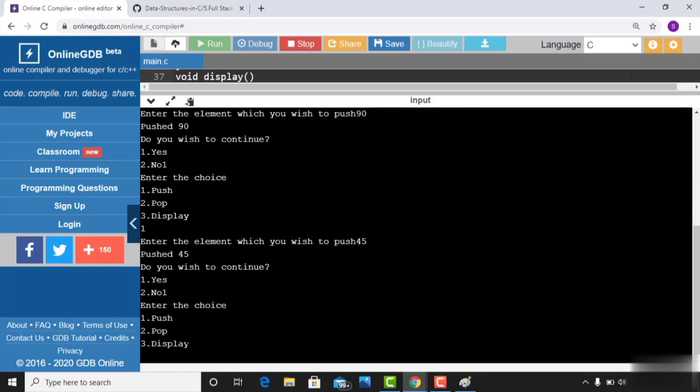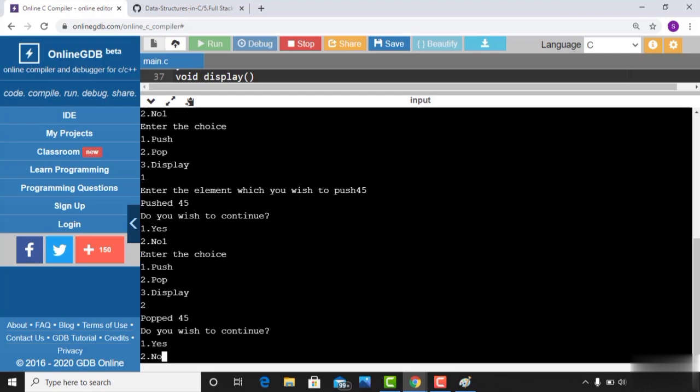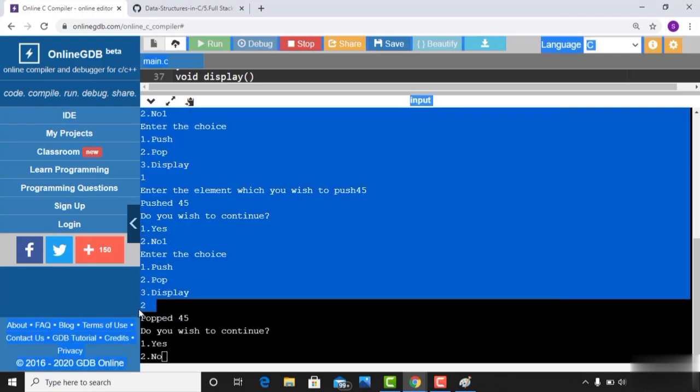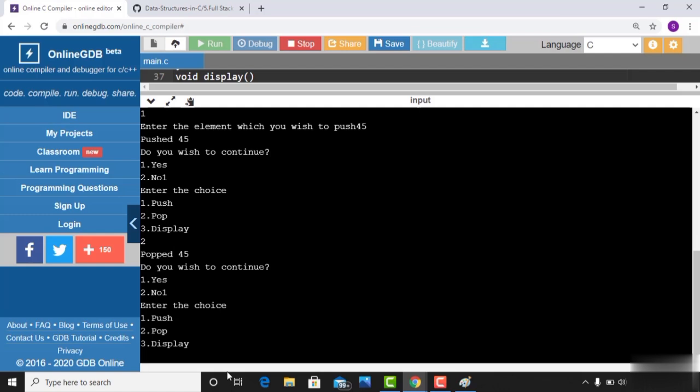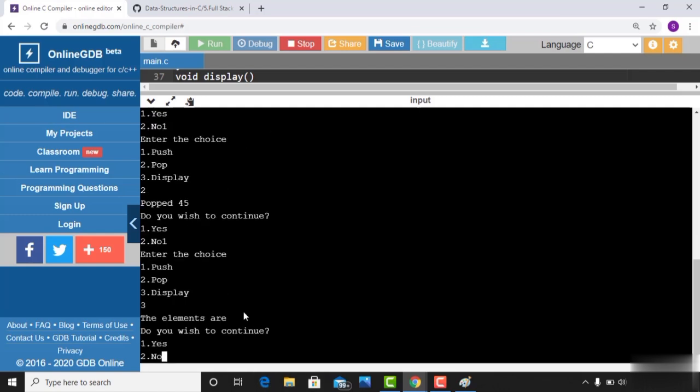Enter the choice. I am popping one element. All right, so popped 45. You can see the moment I pressed pop, it is popping the top element, that is 45. I pushed 45 as the last element, so it is popping 45 first. Then I'll say yes. I'll just display the stack for you. I'll press 3. The elements are